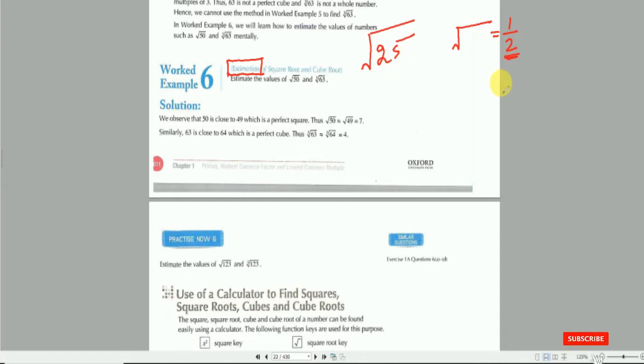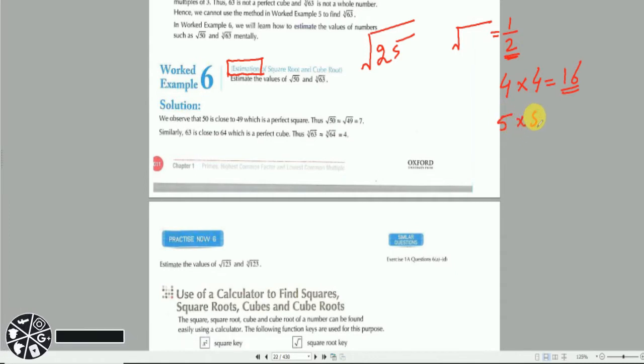So if I get, let's say, I am taking 4. If you multiply 4 times 4, like if you multiply 4 2 times, you will get 16. As 16 is less than 25, so मैं ऊपर चले जाता हूँ. So let's say 5 को ले लेते हैं. 5 times 5 is equal to 25. So मुझे वही नंबर आ रहा है 25, जो मेरे पास जिसमें मैं इंटरेस्टेड था. So 5 times 5 is equal to 25. So instead of 25, I will write 5 times 5.